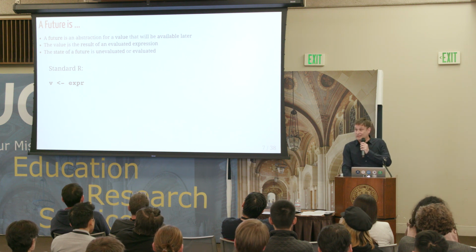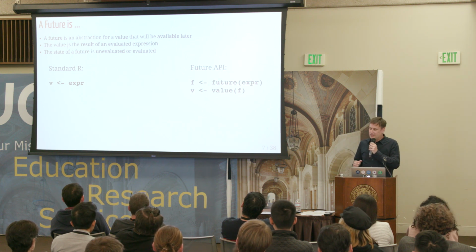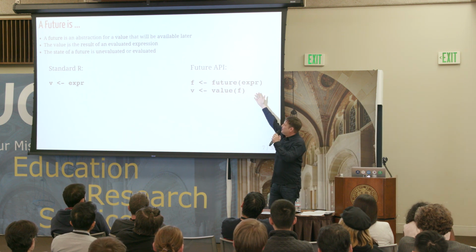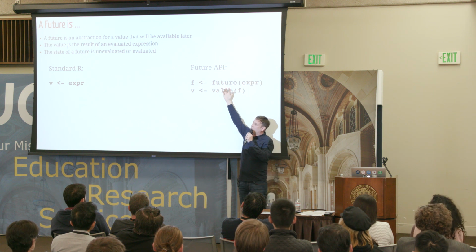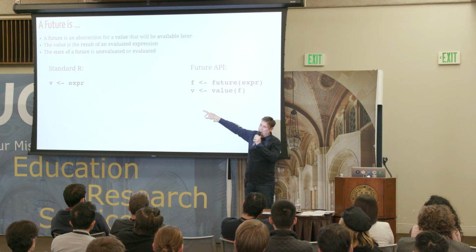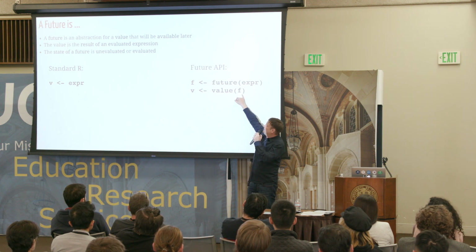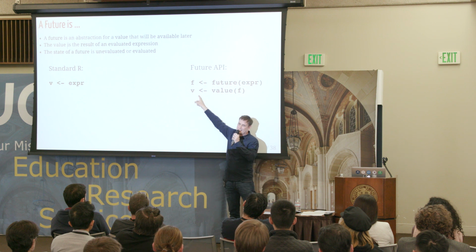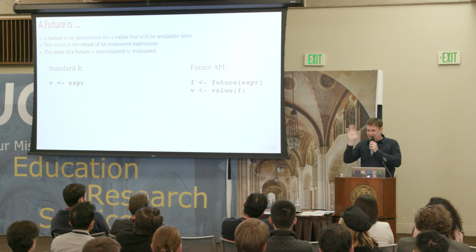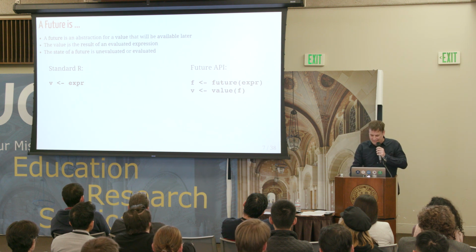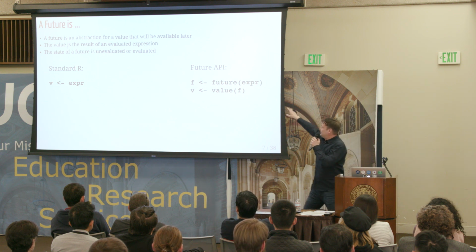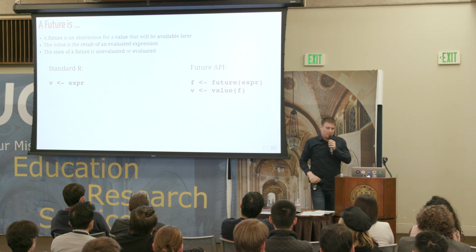So if we do this in the concept of a future, we can imagine it in two steps. We have the expression, and we say create that as a future and keep a reference to it. And then if we emulate R, we say immediately after that, ask for the value and assign it to B. Okay. I will get to why this is useful, but that's the essence of a future. And actually, this is code. Of course, you need to put 1 + 2 or something there.